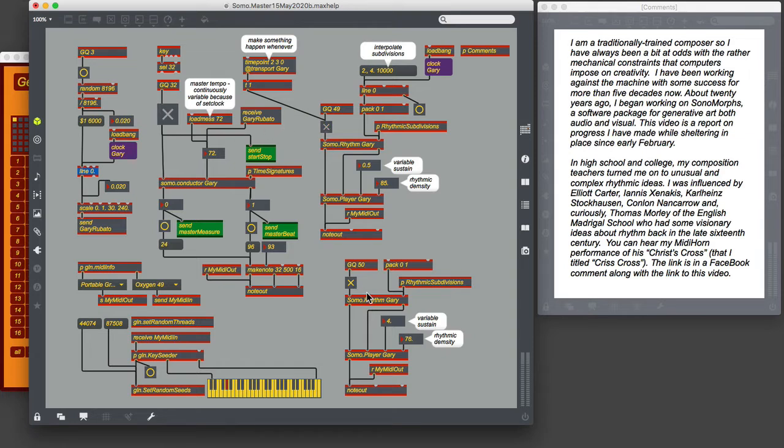Let me get this a little bit ready to play here. Okay, so first thing, we have a conductor, and the conductor is triggered again by the space bar, and there's a metronome, just a little wood block,